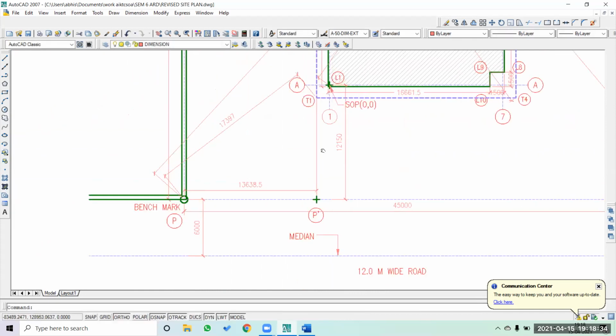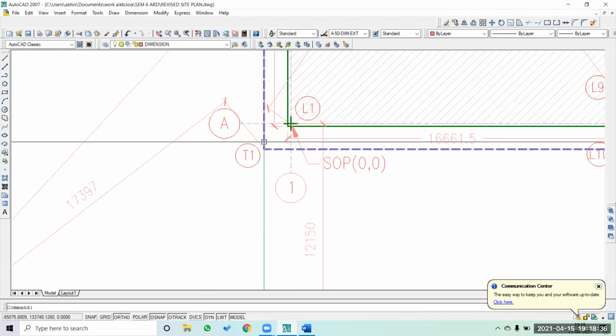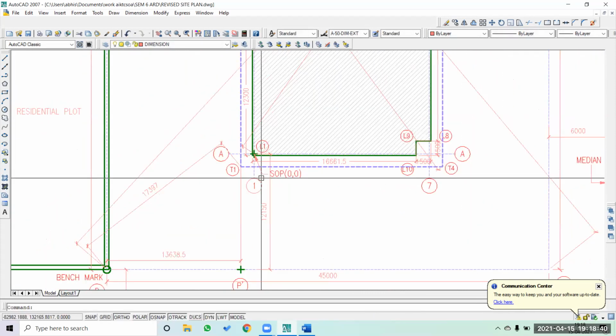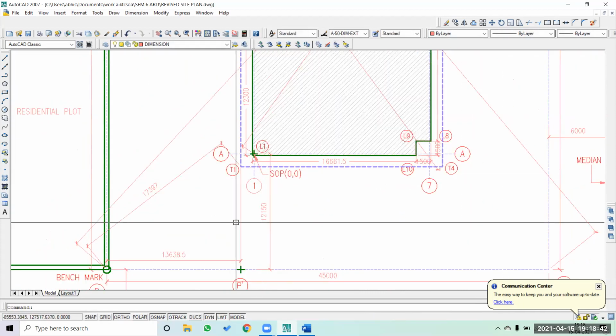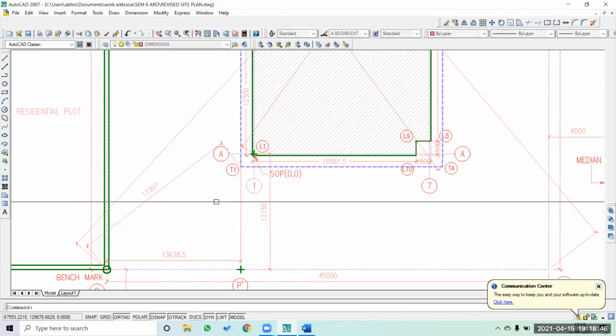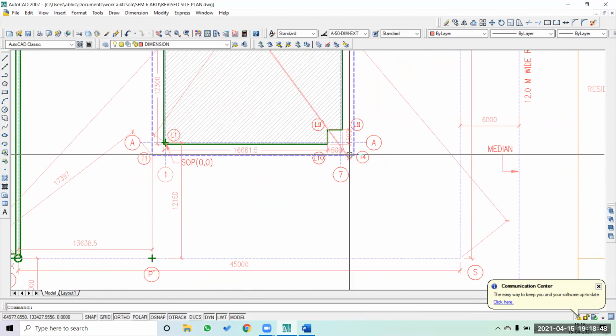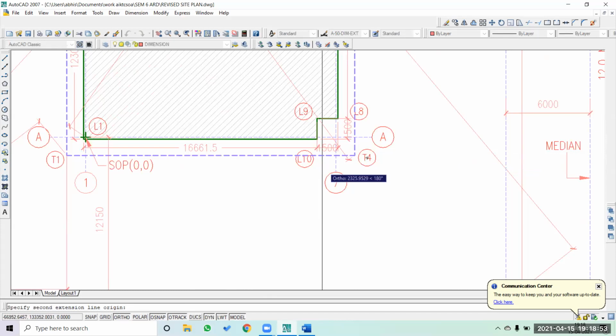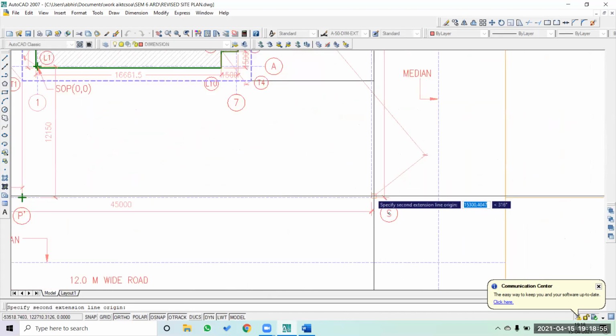Now we are giving a triangulation method of T1. It's very, very important. So what we are going to do, again, we are going to create another point here. We are going to give the dimensions of T4 now.